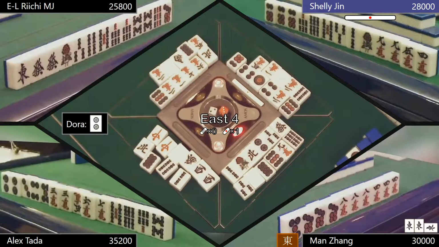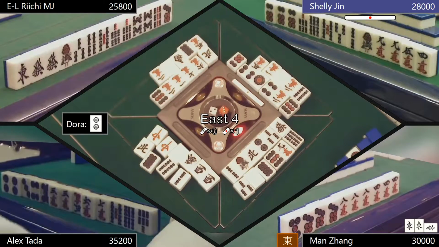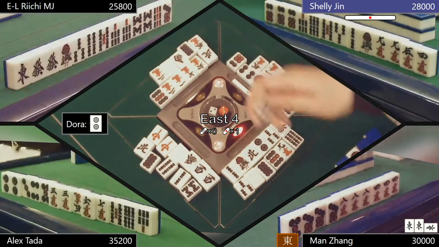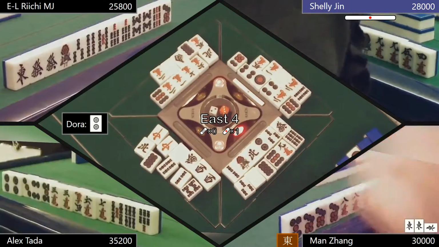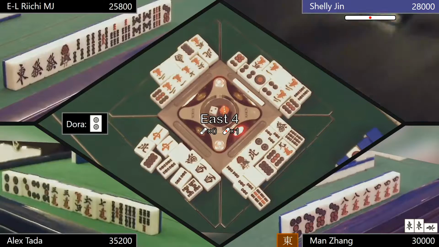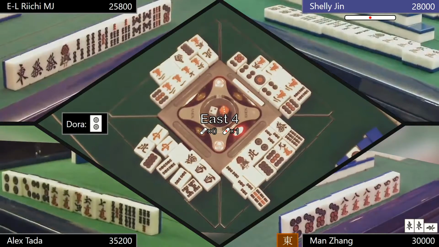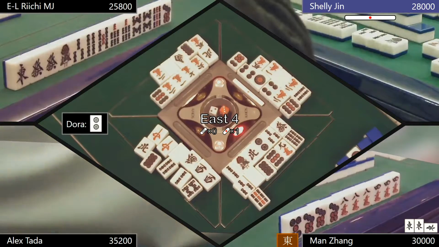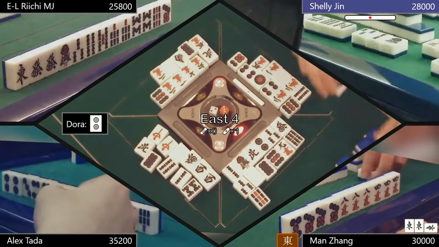Oh, Alex is in tenpai. Ooh, very nice. He's going to chase. He has Tanyao, and unfortunately Dora too. Very good chase. Unfortunately, he dropped that 4-sou, so he can't go for a nice 3-sided wait. True. Okay, he decides to dama. Tsumo! Or is it tsumo? Tsumo is declared, because Man Zhang didn't drop her wing tile. Unfortunately, we can't see which tile she